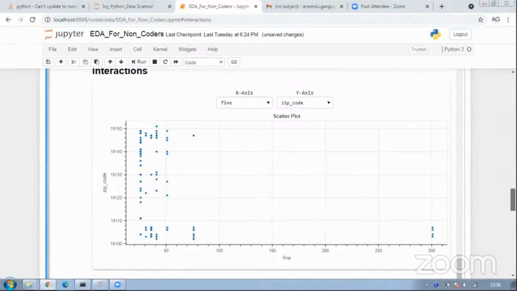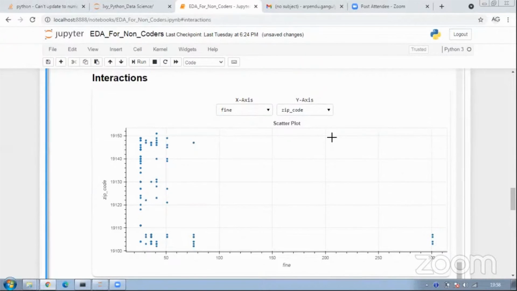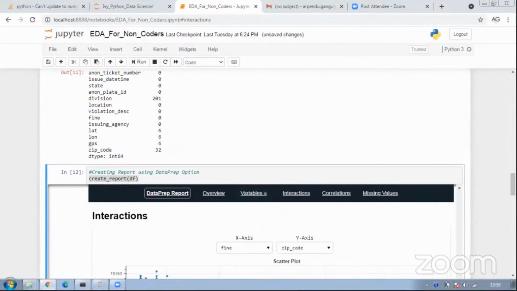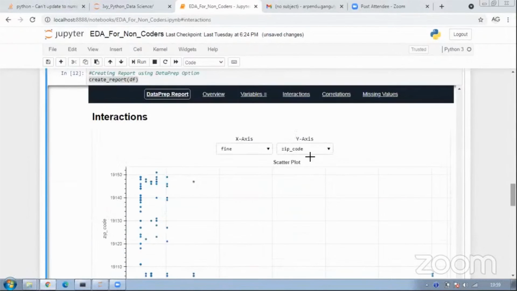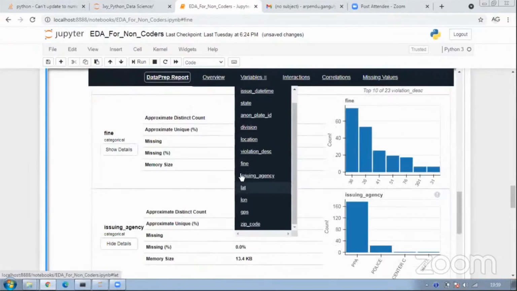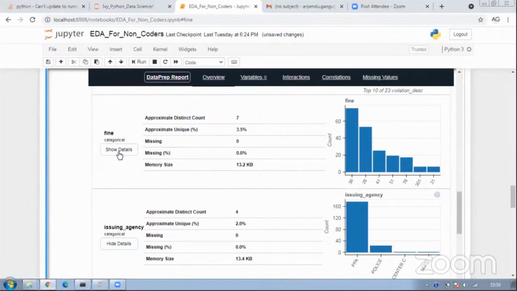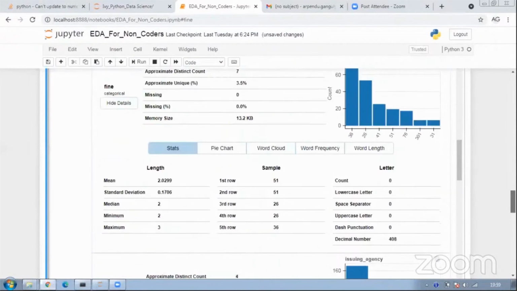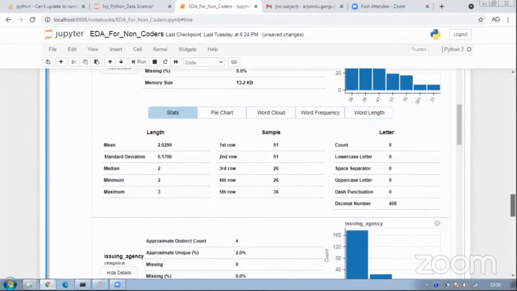Second, if we remove the outliers, then the variable fine, which is the most important variable from a parking violation point of view, looks pretty consistent, because apart from these outliers we do not have any major problems with this data.